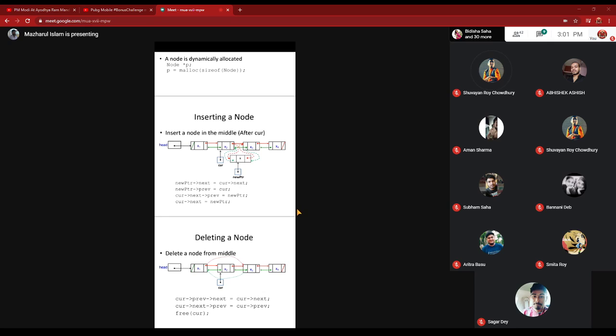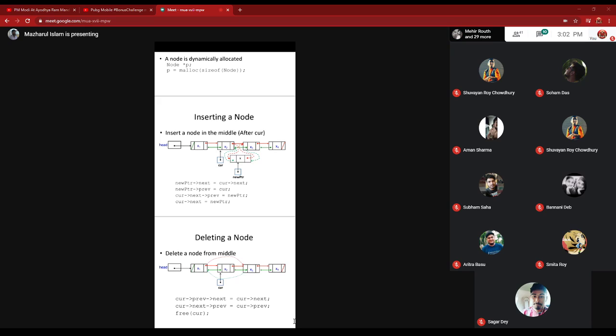Are you agree with me? Yes, sir. So see the first two instructions, new ptr next equal to and new ptr previous equal to something is written. So new ptr next and new ptr previous, these two fields, after the creation you have to update these two portions of this node.